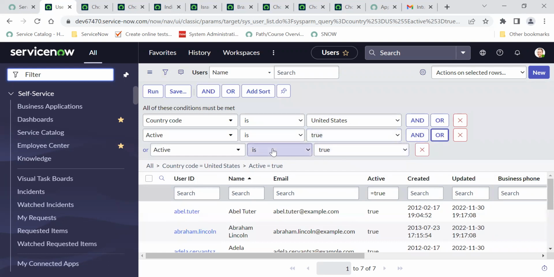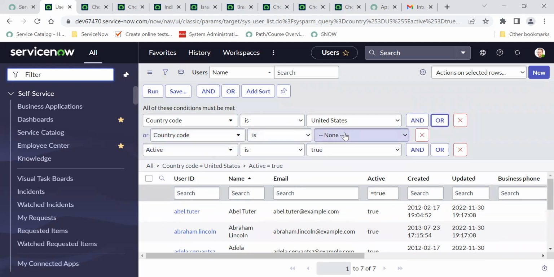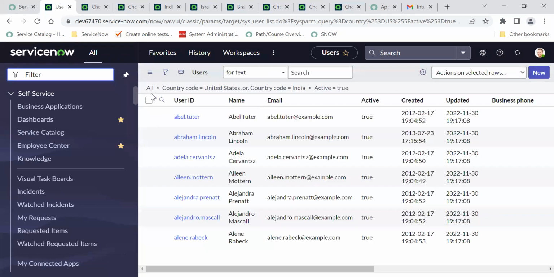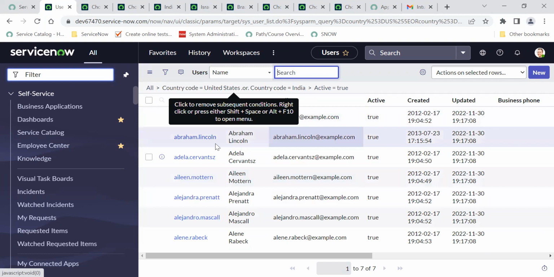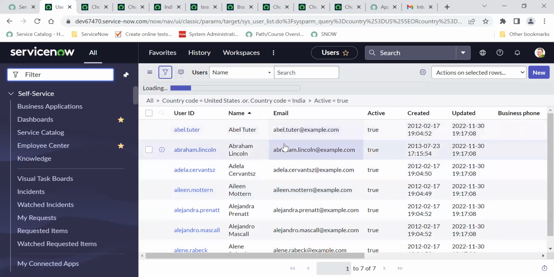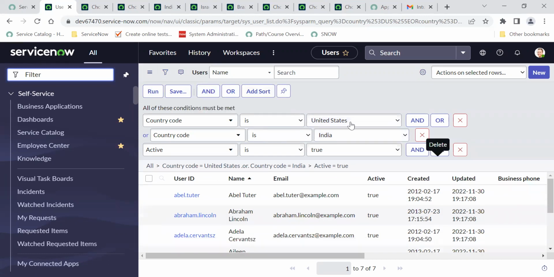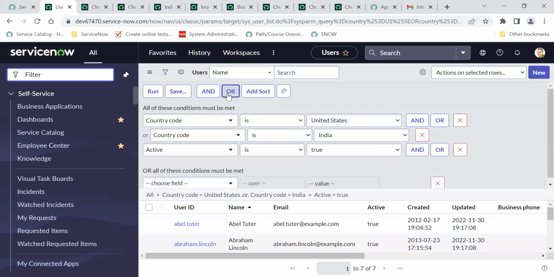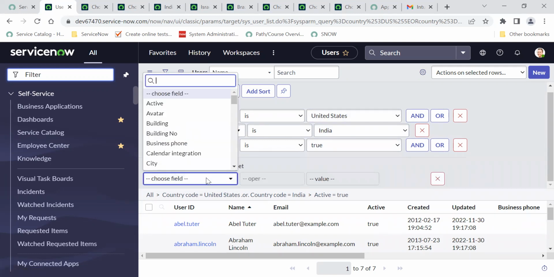Say for example, I'll give or, and I want records with country code India. Okay, so I can run. So I'll get records with the country code India or US. And I can give an and condition here, or I can give an or condition also. So you understood, right? Or means either all these conditions should be met or those conditions should be met. So here we'll give active